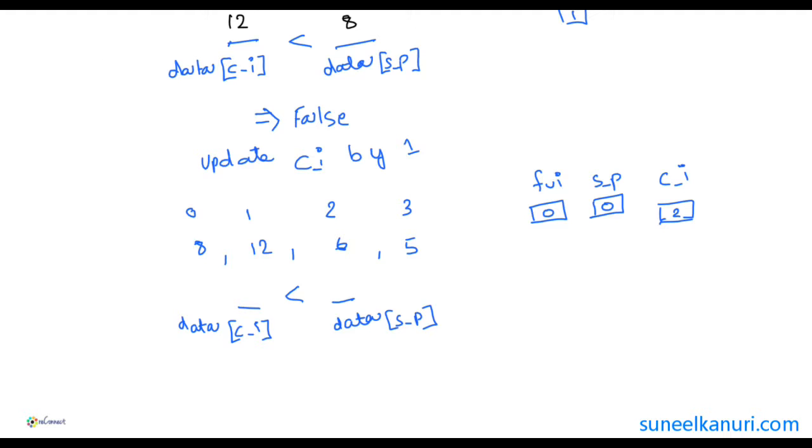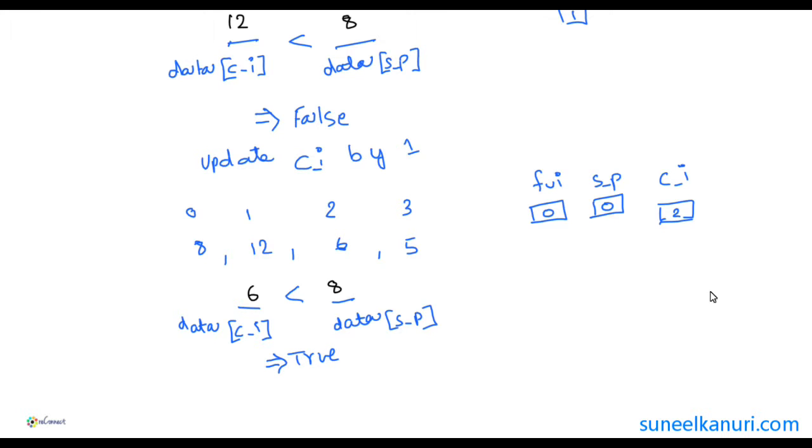So we're going to write down the value here. Our current index is pointing to position 2, which has a value of 6, versus our next smallest position we found so far, which is position 0, which is holding a value of 8. And we do the comparison. It's pretty obvious that 6 is less than 8, which is true,